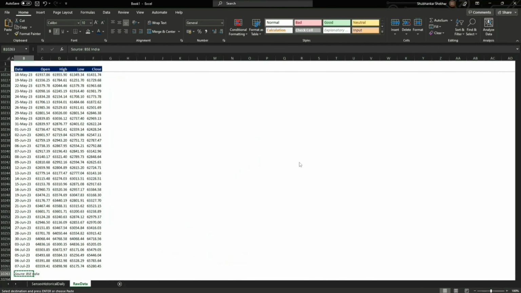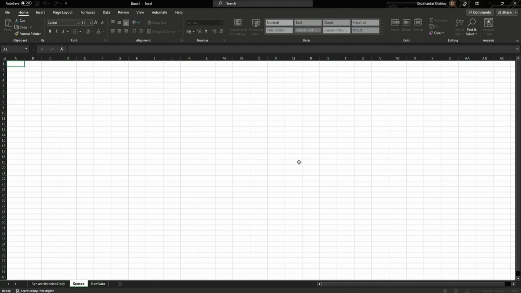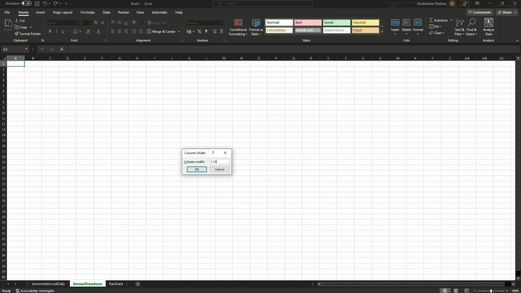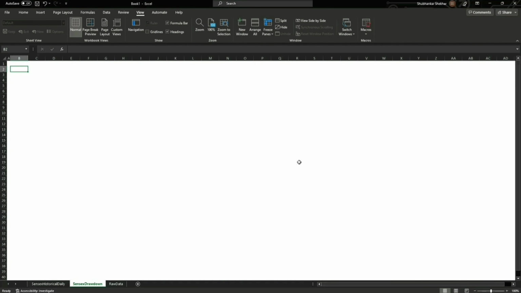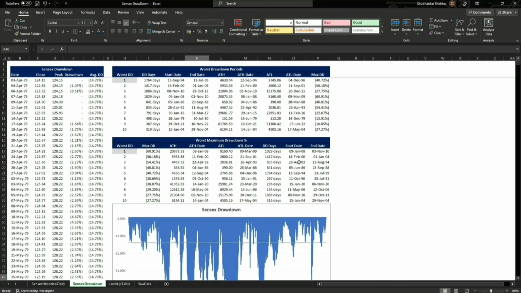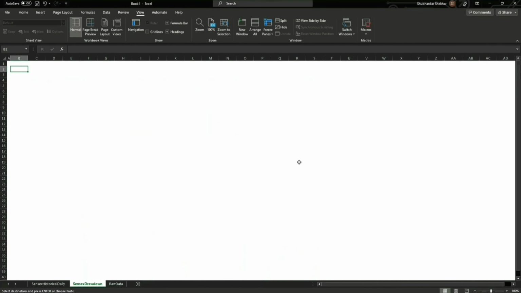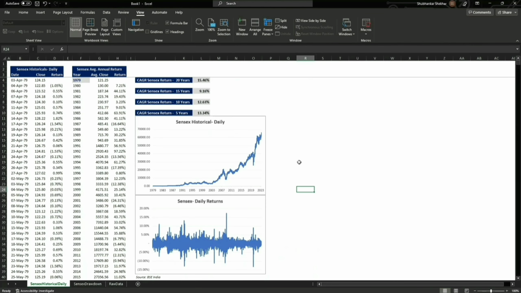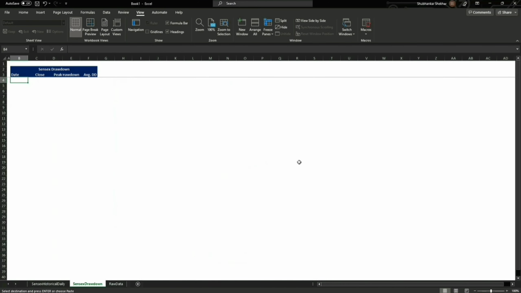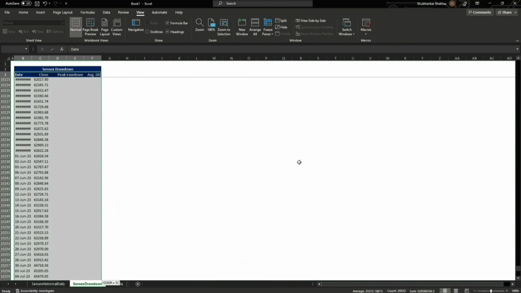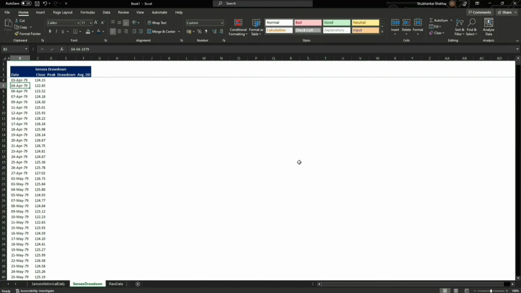Now what we are going to create is Sensex drawdown, right? I'm going to format this, to remove this, and now I'm going to copy the headers from here, because now you have already seen me do it, so I'm guessing you can recreate this very easily, right? We are going to freeze it here, and from the previous sheet I'm going to copy the dates as well as the closing, right?